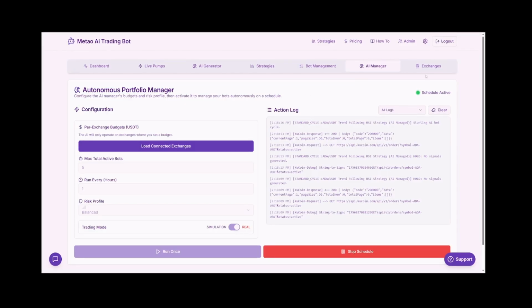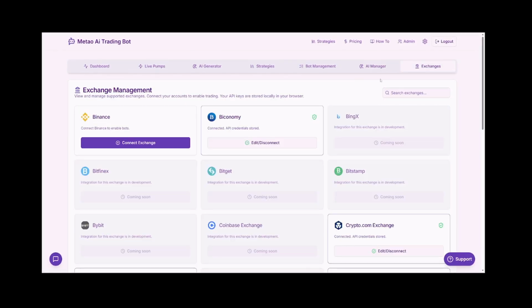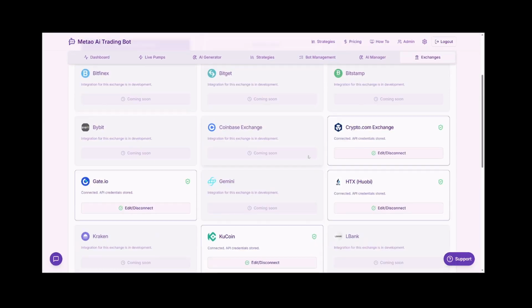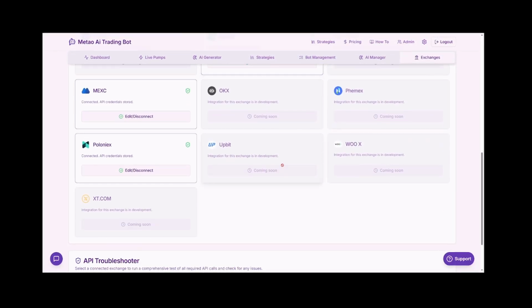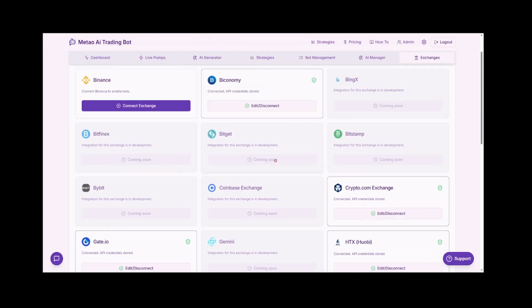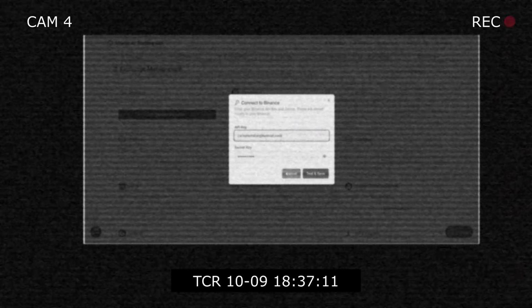And then if you go here to the exchanges part, this is where you connect your exchanges. These are all the exchanges that you can connect. Other ones are coming soon. All you have to do is click here, connect exchange, right? Set up the credentials,